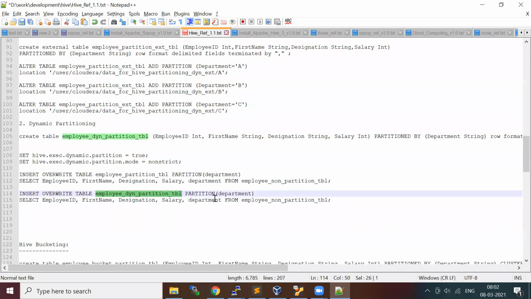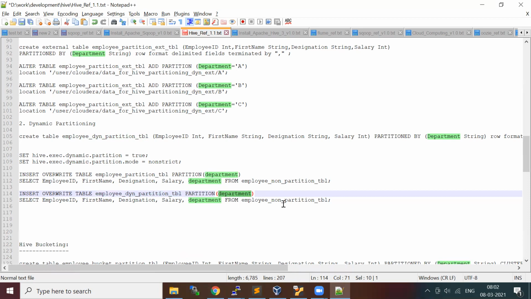Look here: insert overwrite into the dynamic partition table, and we provide the partition column, but we don't provide the value for the partition, because in this example our data is not segregated based on department. That's the reason we are going for dynamic partition.